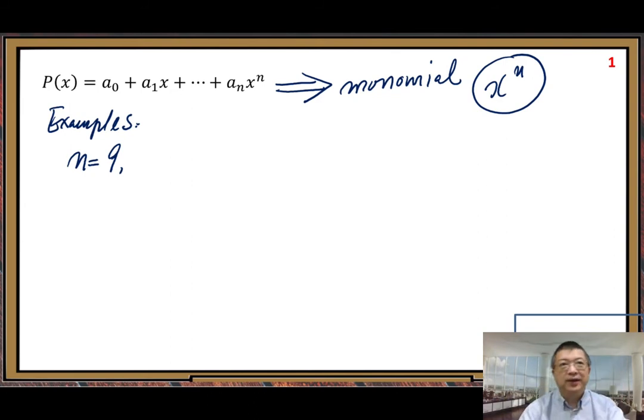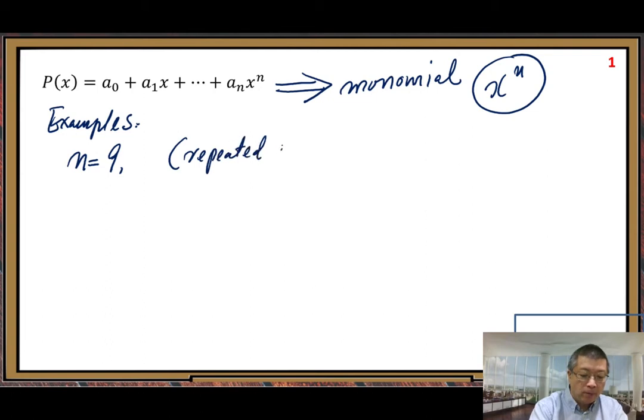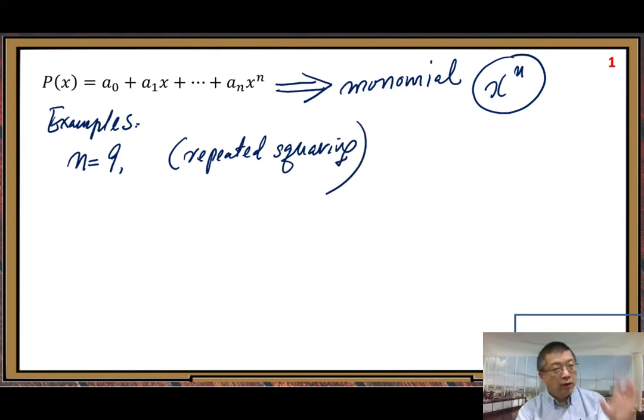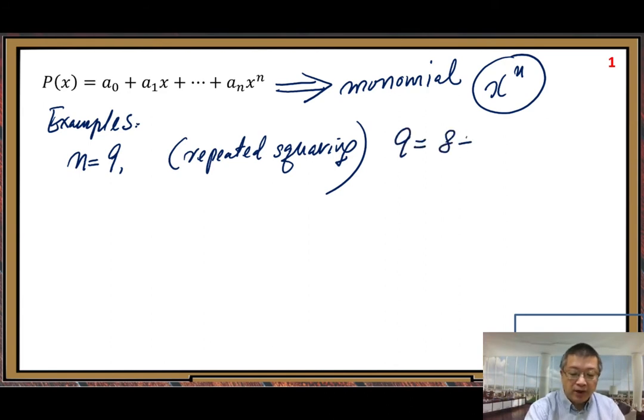If we use the repeated squaring technique, what is the answer? Because 9 can be written as 8 plus 1, a power of 2. So if we do x to the 9th with repeated squaring,